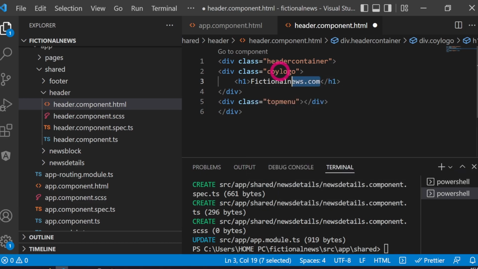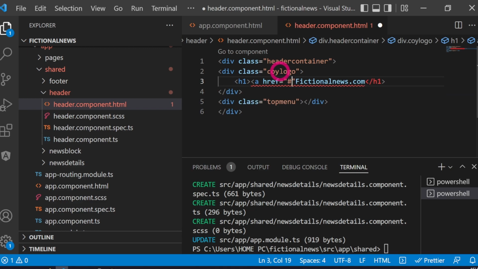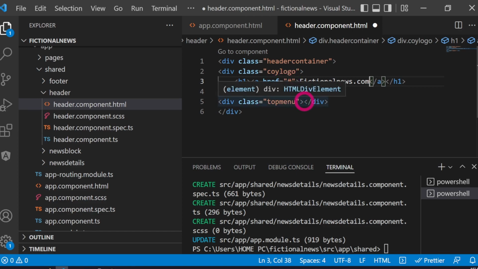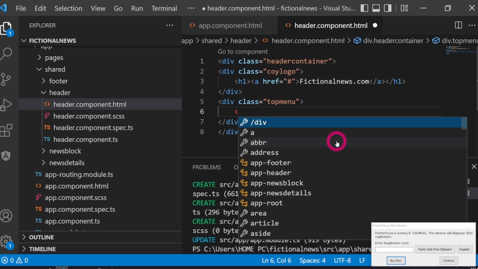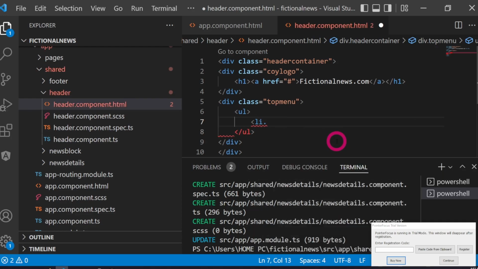Now we need to wrap this in an a tag, so do an a href. This is going to have a hashtag for now. Then we move our logo into that, so that way we can always have a link back to home. Then for the menu items, I'm going to do a UL, an unordered list, and then I'm going to have an li.